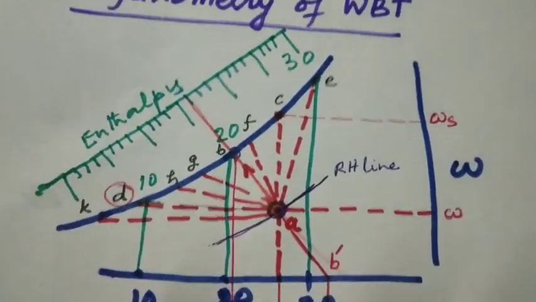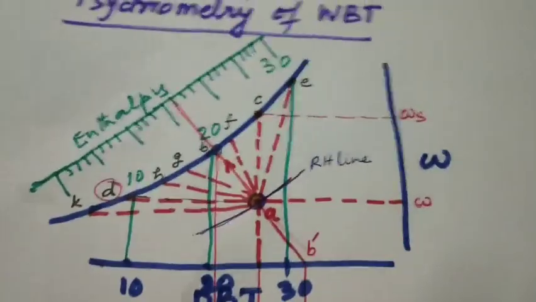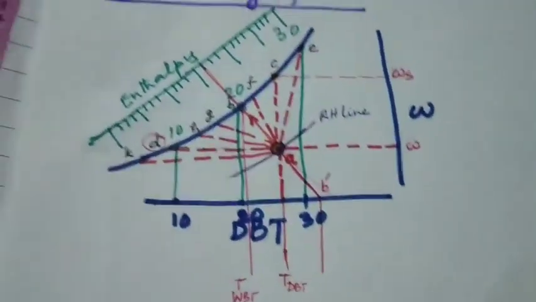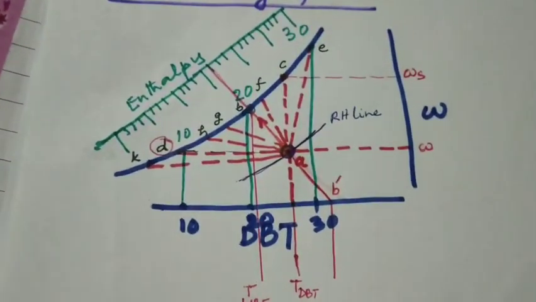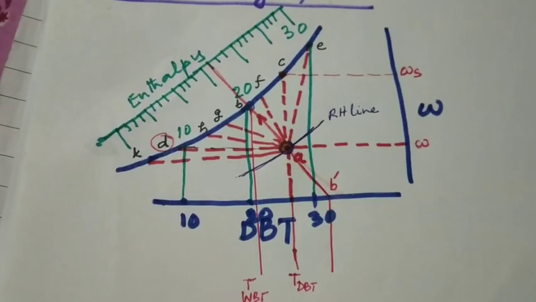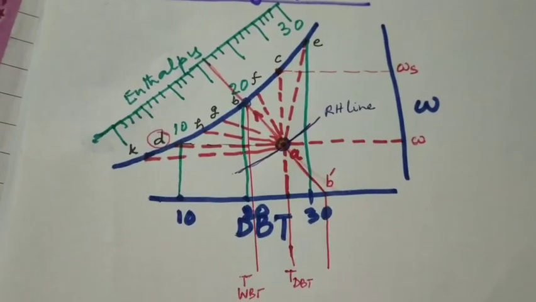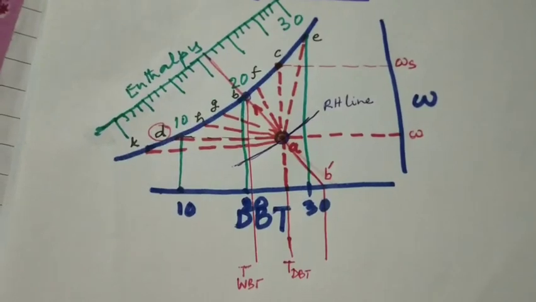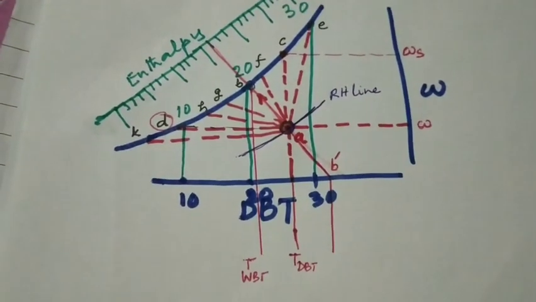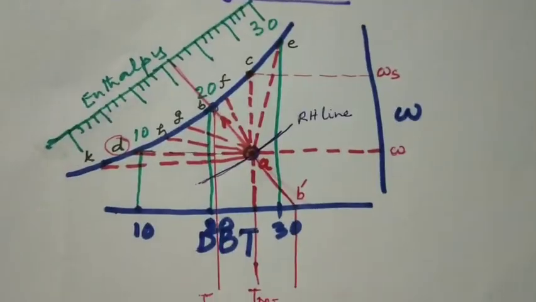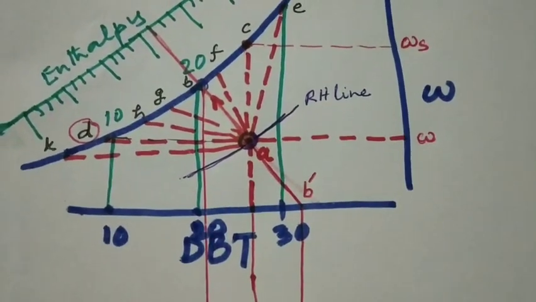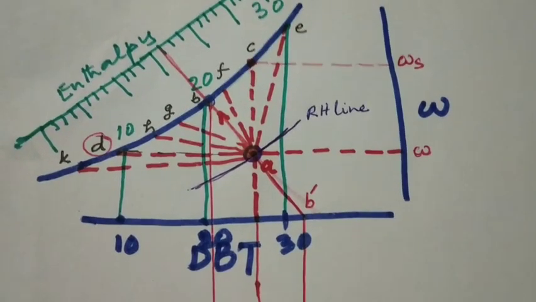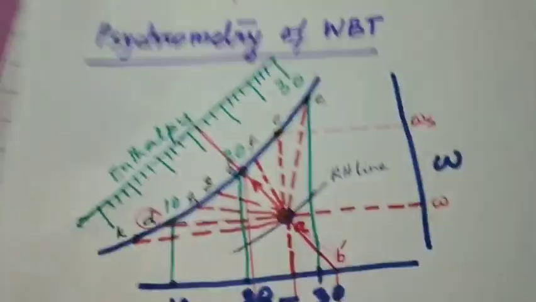So how do we use this chart is that we can think about a point A. This point A is any air. Supposing we take an air and then we want to study it, then we can think about that air in the psychrometric chart, and we will say this air is represented by point A. So the point A has certain parametric values.